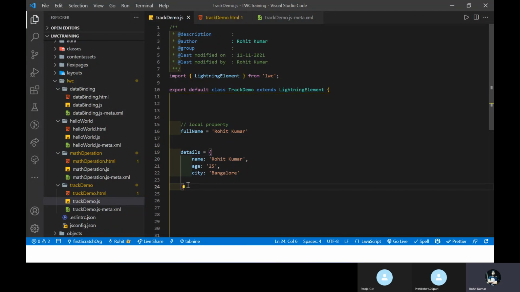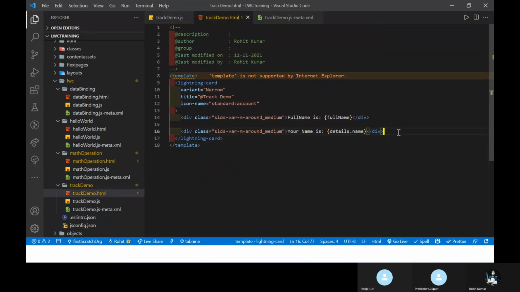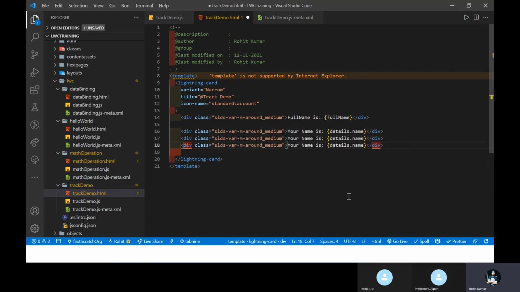After this example. So here you can see this is the object, and if you want to access the age and city, how to access them under the HTML? Anyone can tell me how to access age and city value from the object in HTML? Details dot age. Let me just copy this line, or always use Shift Alt, and here you can see, right? This is for age and this is for city, and you can use your key values.